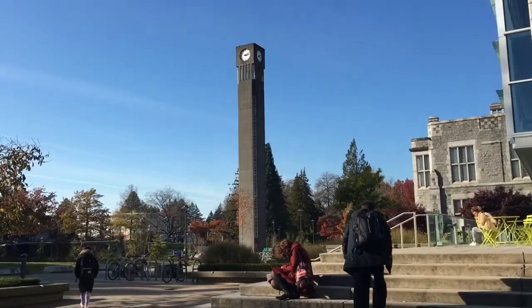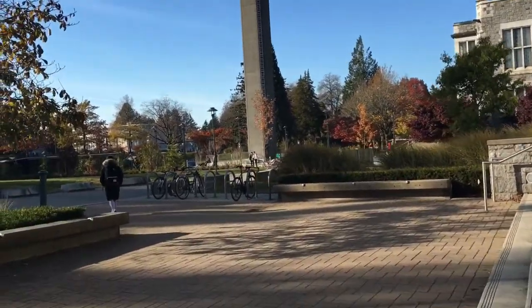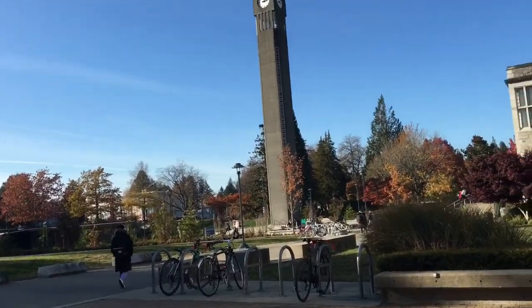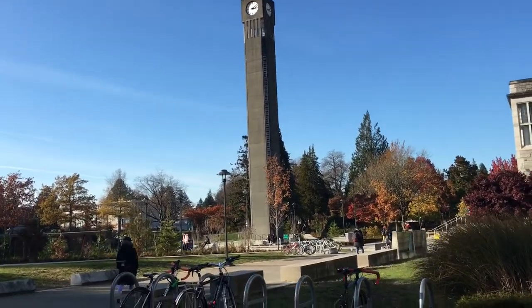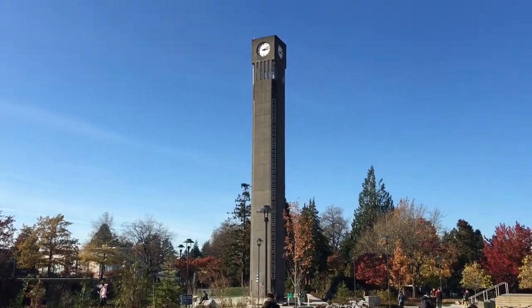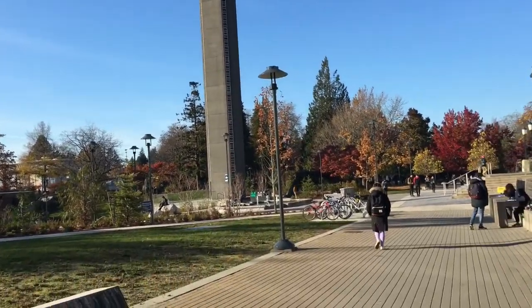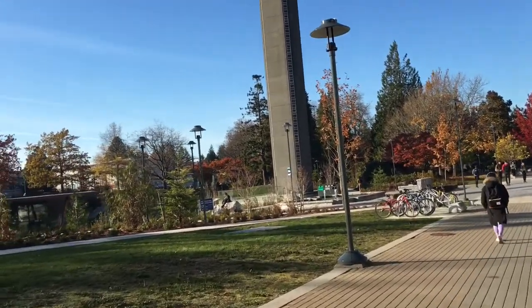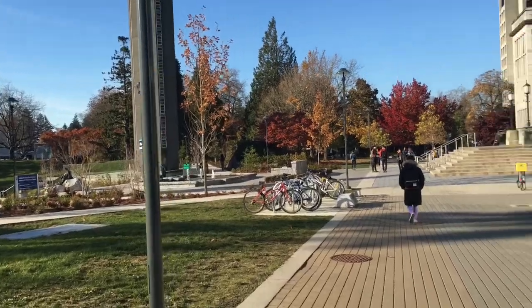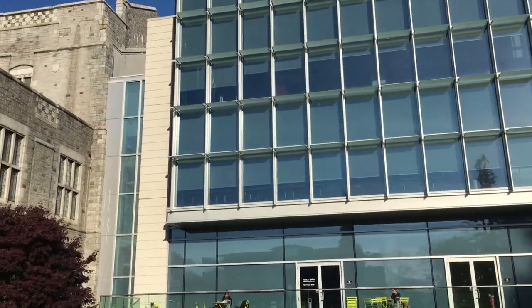Okay, so this is the clock tower at UBC, a really important piece of history. Frankly, I don't know too much about it, but I know that it was one of the first things built, and of course it's a clock tower. It chimes on the hour and it always has this really distinct look. It lights up at night. I can see it from my bedroom. You can always see it, and it's a real way to anchor yourself to know where you are. So here, this is the back of the building, and you'll notice the juxtaposition of